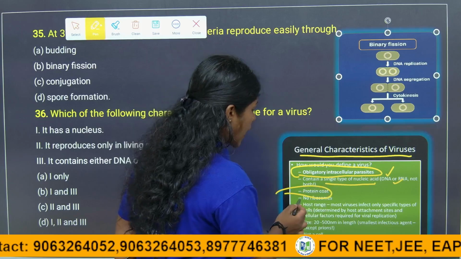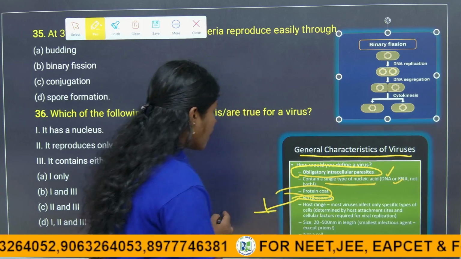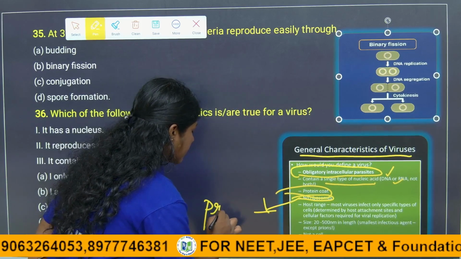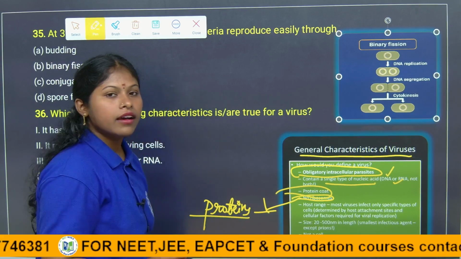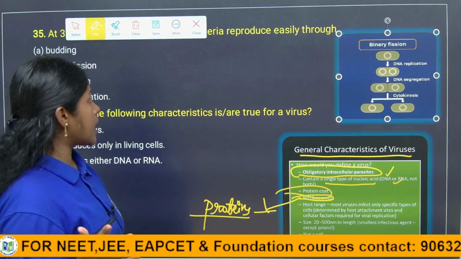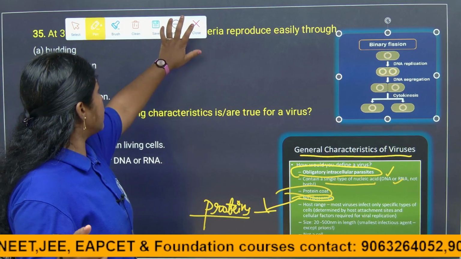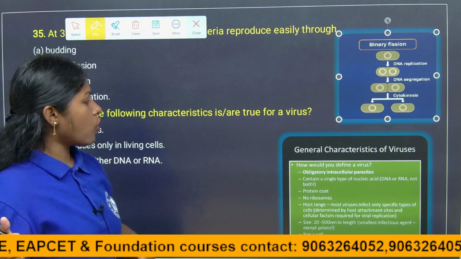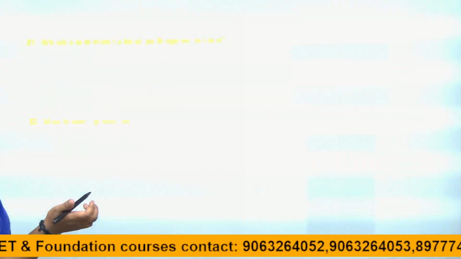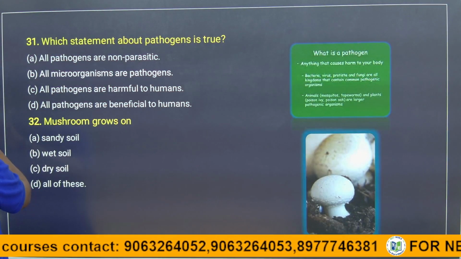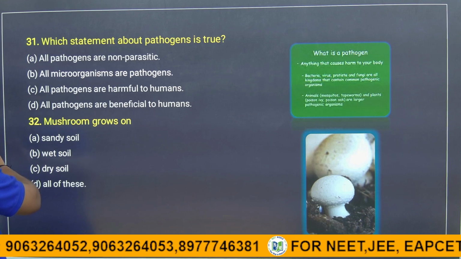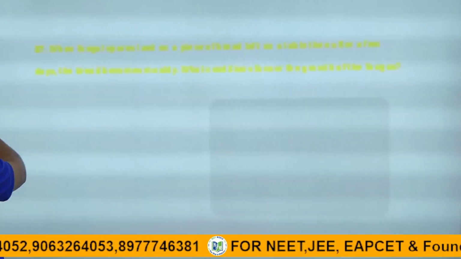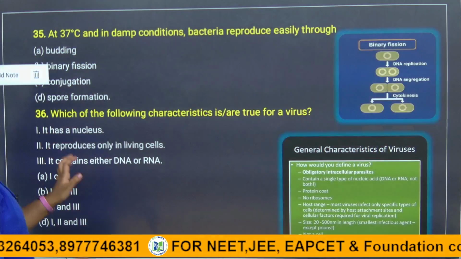And there are no ribosomes. What is the function of the ribosomes, children? Protein synthesis. Are proteins required for us? Of course. Without protein, we cannot make anything. When we discuss the nutrition part, children, you will know about protein, what kind of importance it has in our body. And Vasme ma'am is also discussing the cell, the unit of life, so there you can learn about the ribosomes very clearly.